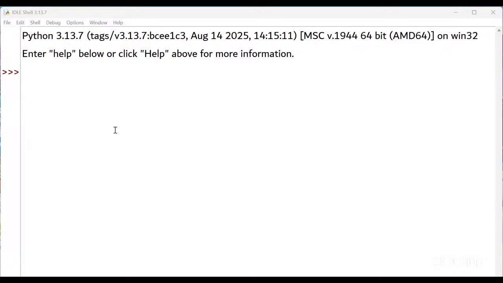One second. I'll share it again. Fine. So here we are going to work in this page. I'll minimize all the windows.